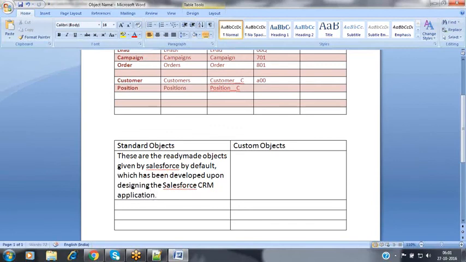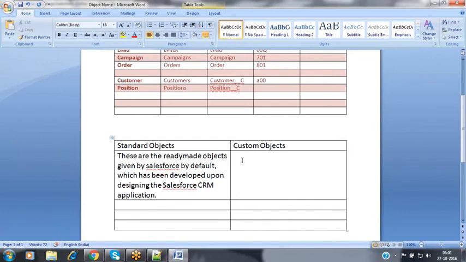These are the various objects given by Salesforce to you, which have been created upon designing that Salesforce CRM application. In order to store that particular customer's data, they have created these ready-made objects for you, which have been provided to you because you are also one of the members accessing that Salesforce CRM application, so that you need to have access to those objects also.